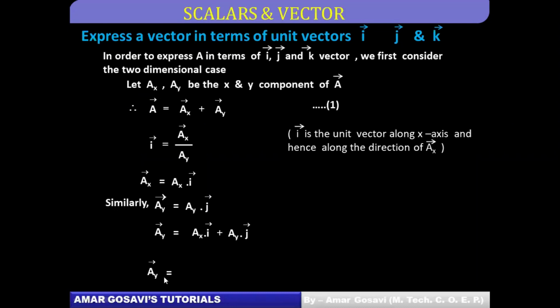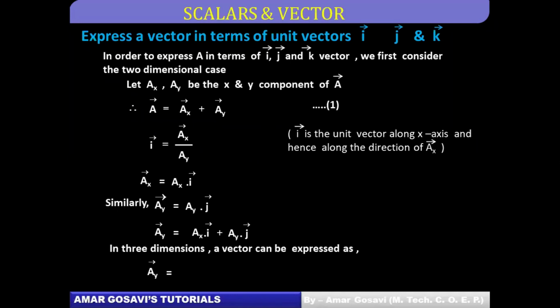Okay. Here also the same thing has been continued, I believe. But we can always put it, okay? So this is how you put a bar in terms of two dimensions, that is AX and AY. If the same thing has to be represented in three dimensions, then there will be one more term coming into picture, and that will be AZ. Now AZ has to be represented in terms of k cap, where k cap is the unit vector along z axis, which we all know as per our previous sessions.